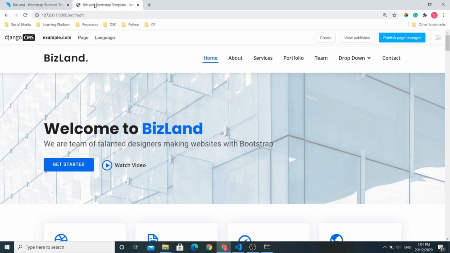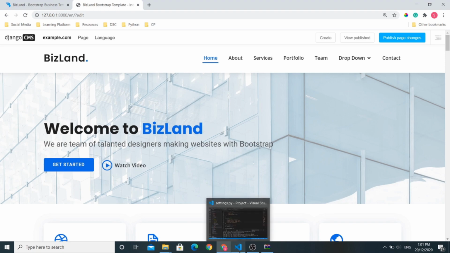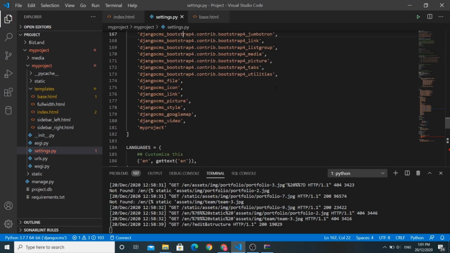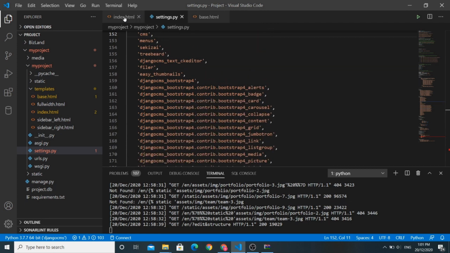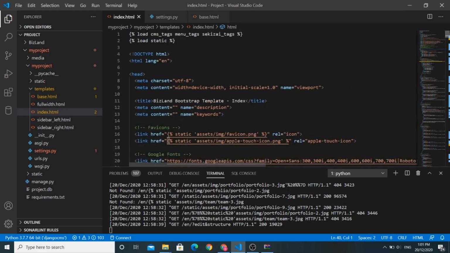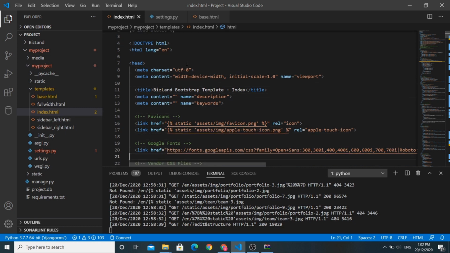First of all, we would like to customize this title of the page, then the heading of the page, and also these things. And we would also like to customize this navbar according to our pages. So let us go ahead and do that. For this, we have default tags of Django CMS. Let's go back into our index.html and see how we can change the title and other things.